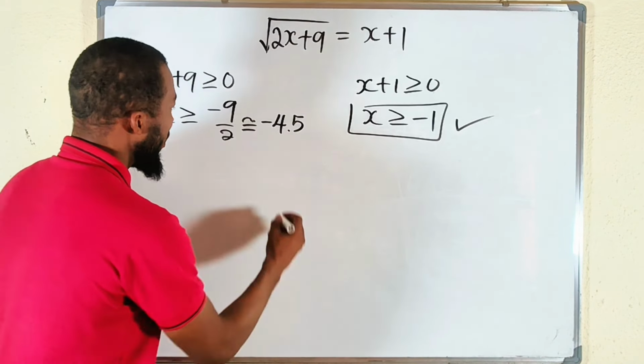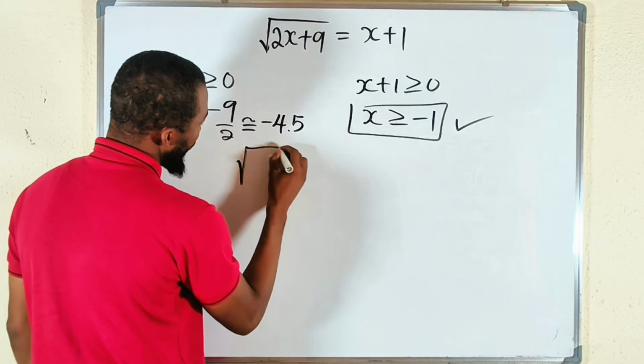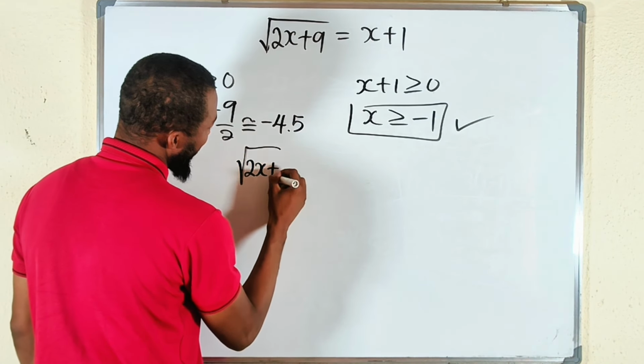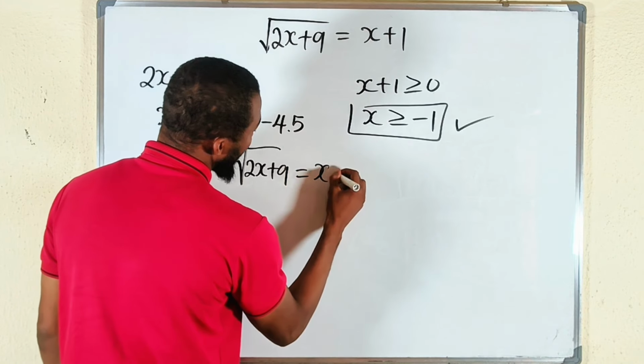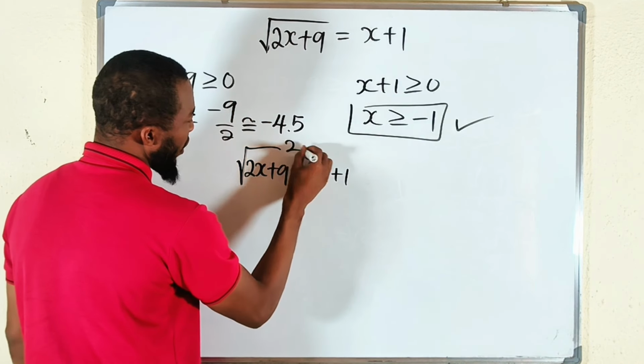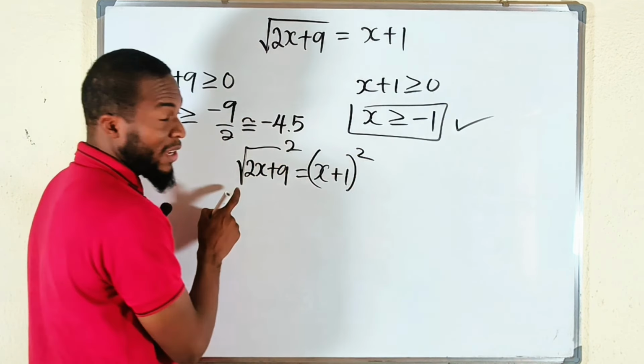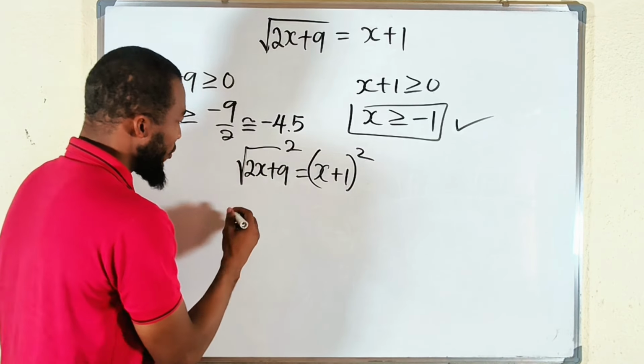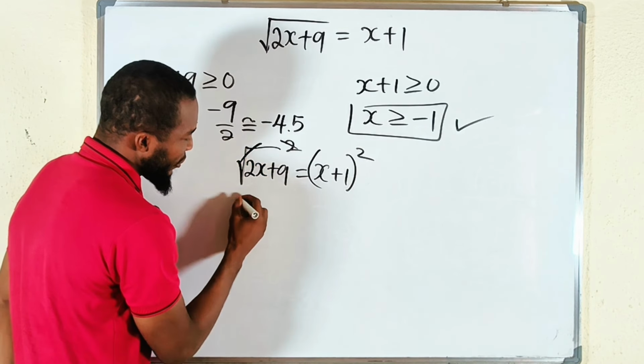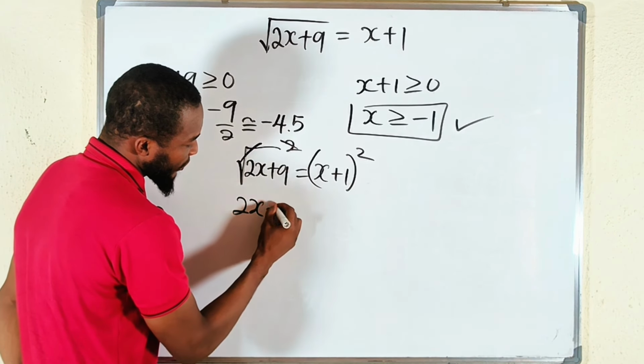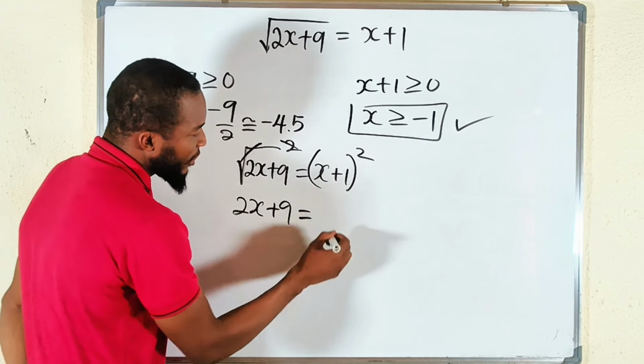So now let us solve. You have the square root of 2x plus 9 equal to x plus 1. I want you to square both sides, please, just to eliminate this outermost square root. This cancels, you have 2x plus 9, which is equal to